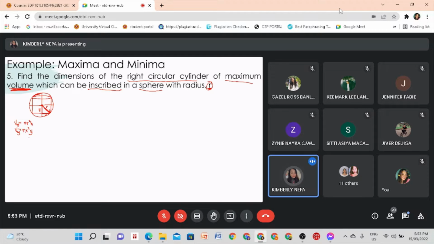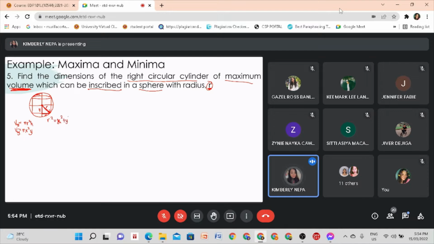What do you think? Where can we get an equation or substitute formula for the y or for the x? Equation of the right triangle, ma'am, that was formed. Very good. So we can get it from here. Since r, we can use the Pythagorean theorem, right? Yes, ma'am. So from the Pythagorean theorem, r squared is equivalent to